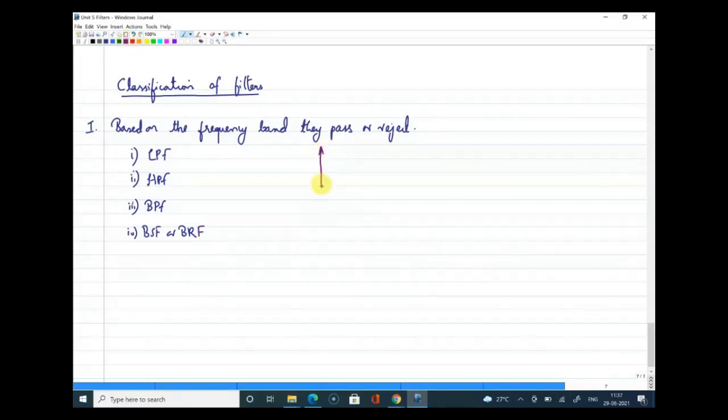If it is a low pass filter, then versus frequency, the magnitude of the transfer function will show a response of this nature. That means the low frequencies will be allowed by the filter, but at a specific frequency, which we call the cutoff frequency, after that cutoff frequency the filter will start attenuating the signals, and completely it will be rejecting the signals on the higher frequency side. That is a low pass filter. So what we are seeing here is the characteristic of a low pass filter.